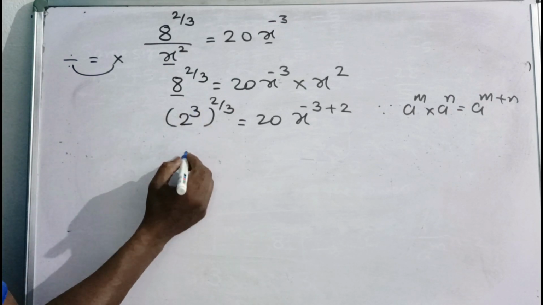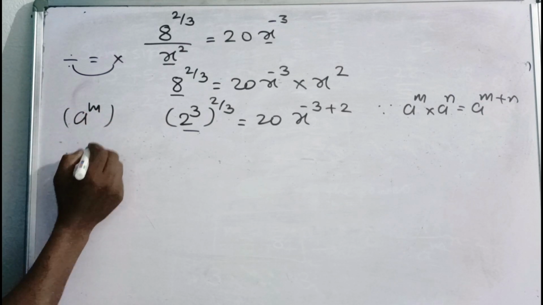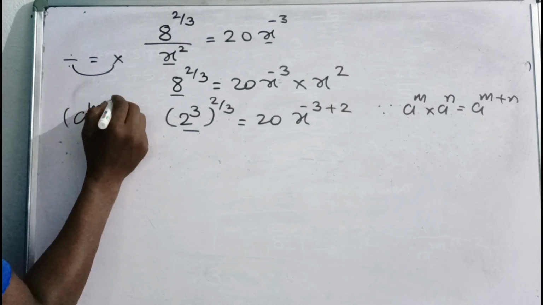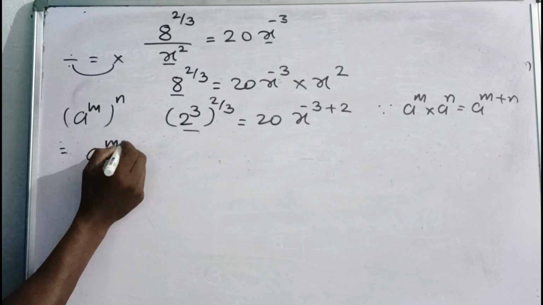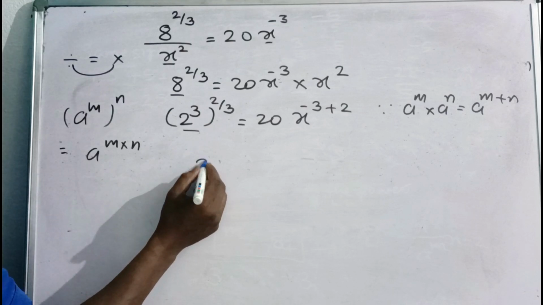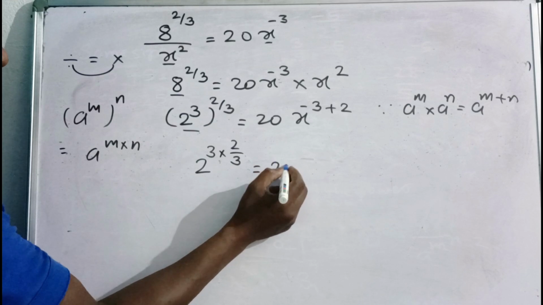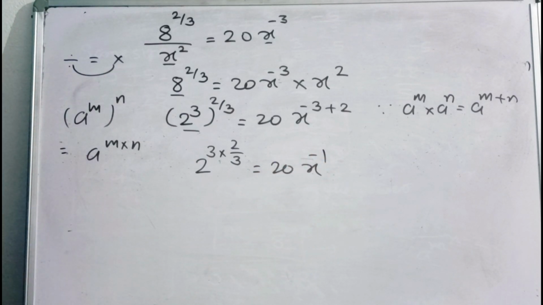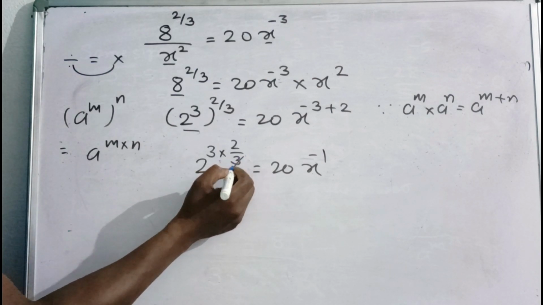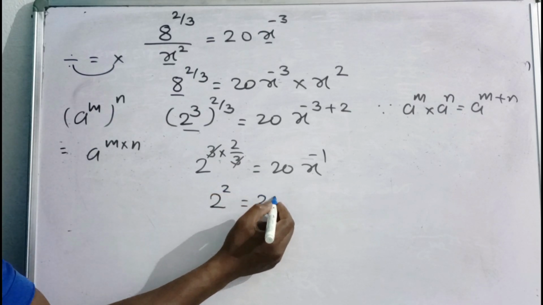Now here again we are using the property a raised to the power m whole bracket raised to the power n is nothing but a raised to the power m into n. 2 raised to the power 3 into 2 by 3 is equal to 20 x raised to the power minus 1. This 3 gets cancelled here. 2 square is equal to 20